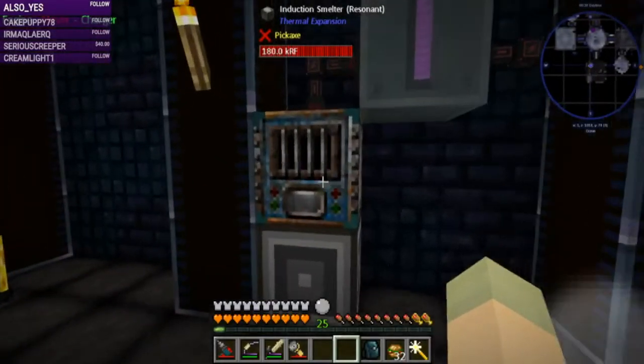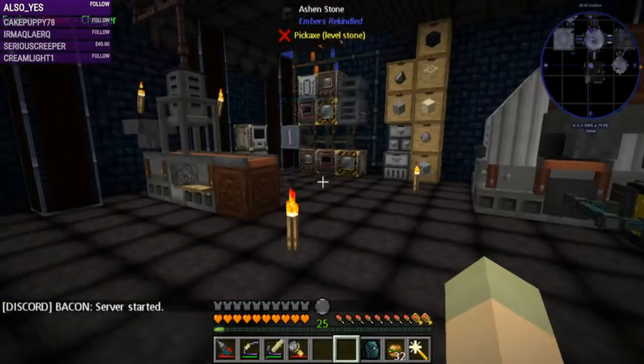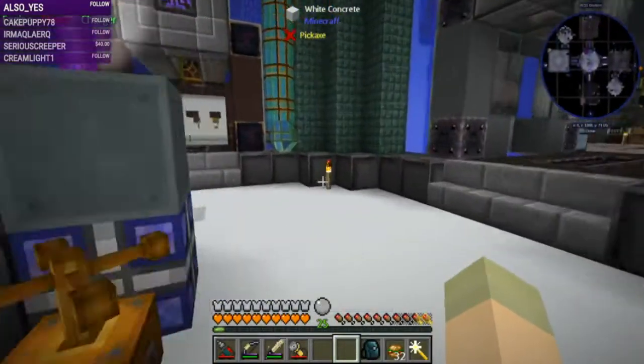We set this, did we set this up last time, or did I show you? We have an induction smelter set up with AE now, so we have that. And I can put other machines here too as needed. So that is something else I have done as well. Let us go